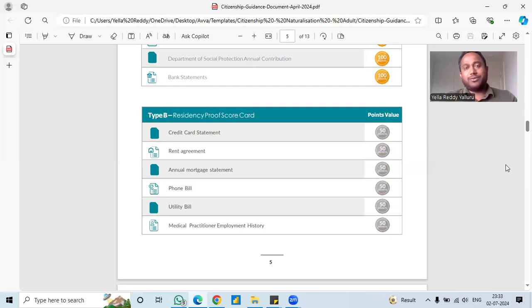On passport and IRP, you get your proof of identity. If you maximize 150 points for these two types, then your citizenship application is straightforward. But even in that case, if you have questions and need support, you can write to